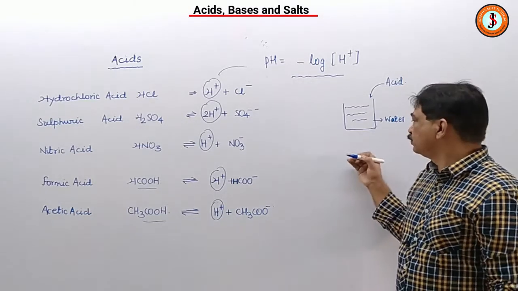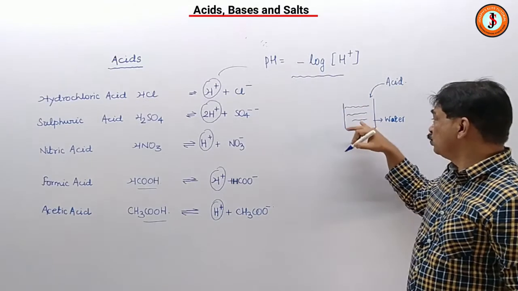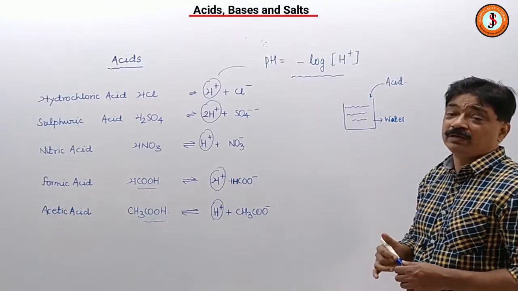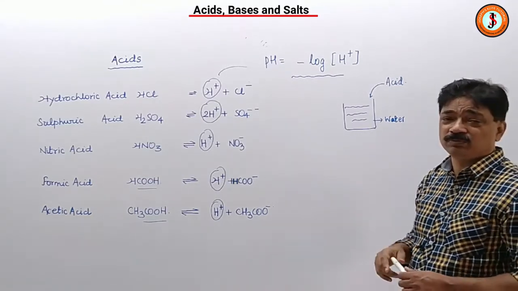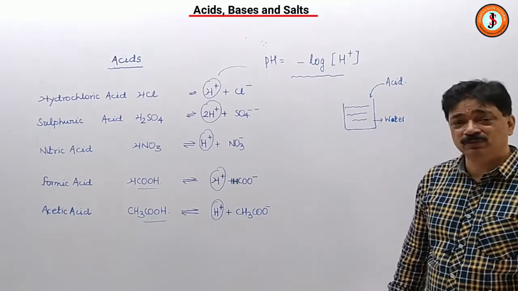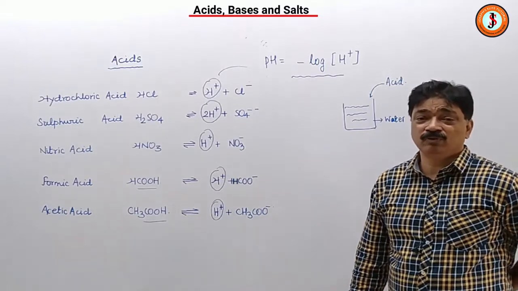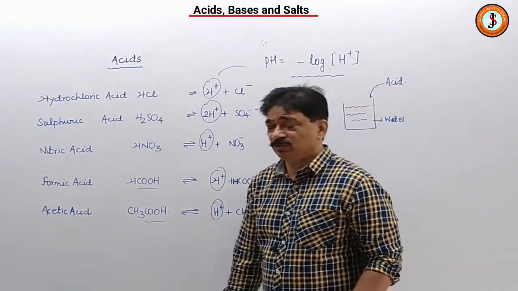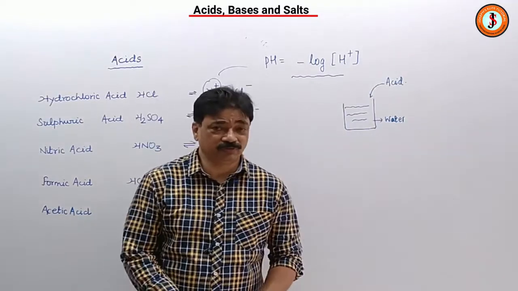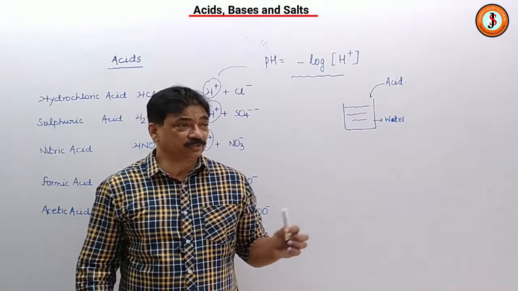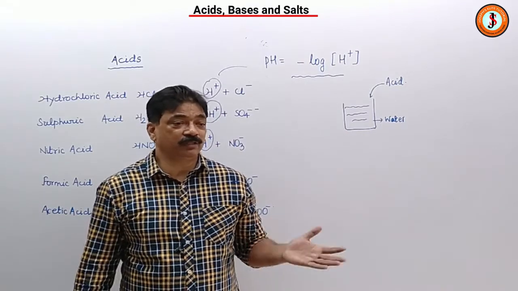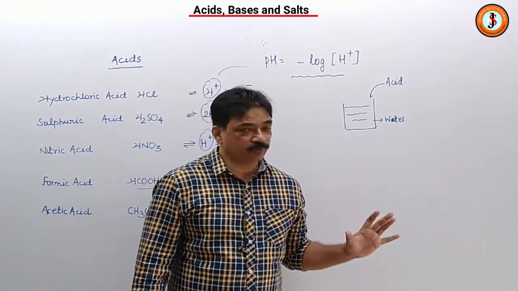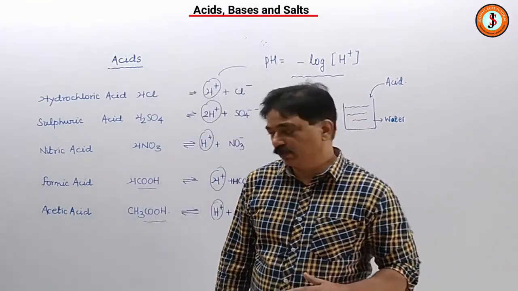But if you do the opposite, if you add water to acid, that means you keep acid in a beaker and add water from the top, then heat will be generated and that heat has to be absorbed by the acid. Acid does not have a very high specific heat. So it will start fuming, it can cause splashes, and when it splashes, it will cause severe burns if it falls on your skin. So that is the first important introductory part, and the second introductory part of acids and their mechanism. Alright? This is very, very important.